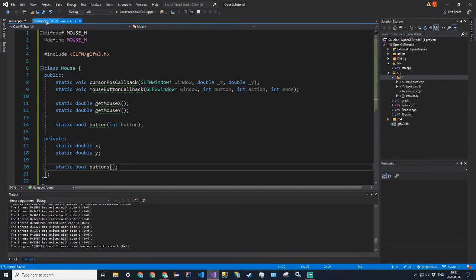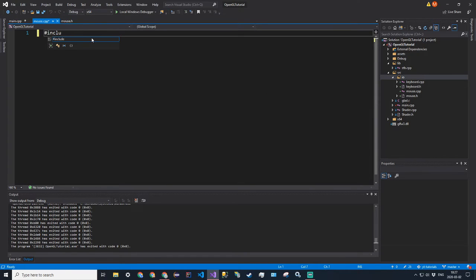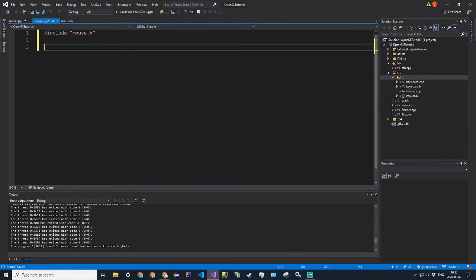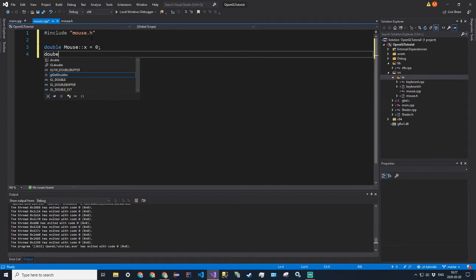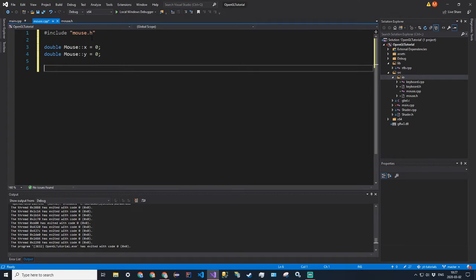Alright, now in mouse.cpp, let's go ahead and include that header, so include mouse.h. And then we have to define our variables. So we're going to say double mouse::x is equal to 0, double mouse::y is equal to 0, and then our Boolean array, so bool mouse::button, and then we're going to say GLFW_MOUSE_BUTTON_LAST,